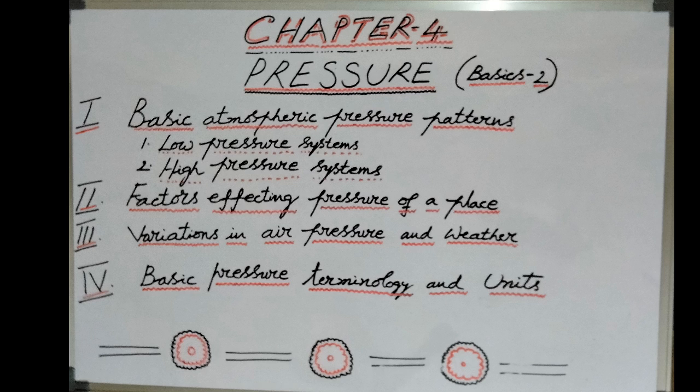Cyclones move in an anti-clockwise direction in the northern hemisphere and clockwise in the southern hemisphere. Anticyclones move clockwise in the northern hemisphere and anti-clockwise in the southern hemisphere. So, cyclones are usually low pressure areas, anticyclones are usually high pressure areas. Humidity, rainfall, clouds, water, everything you find in cyclones. In anticyclones, not much relative humidity, no variety of clouds, no rainfall.